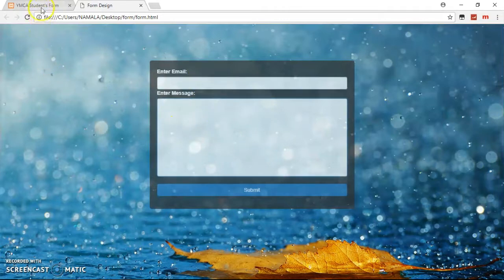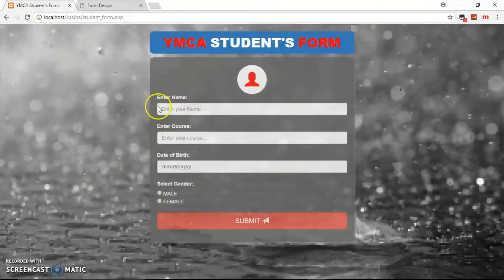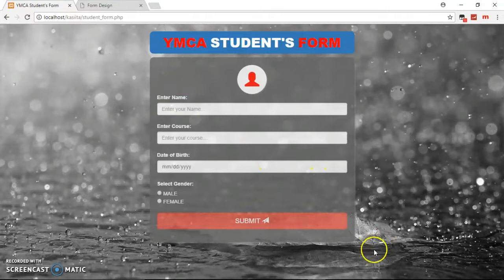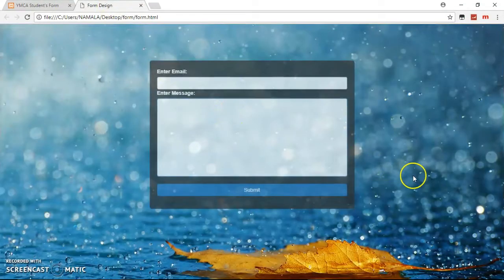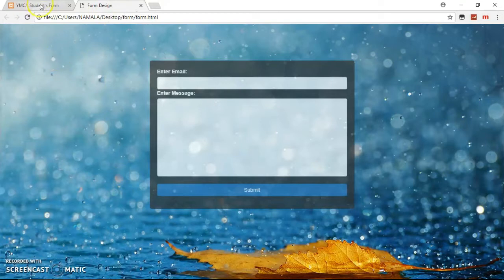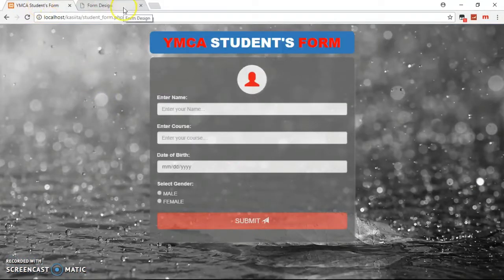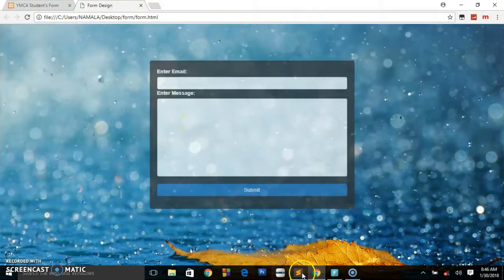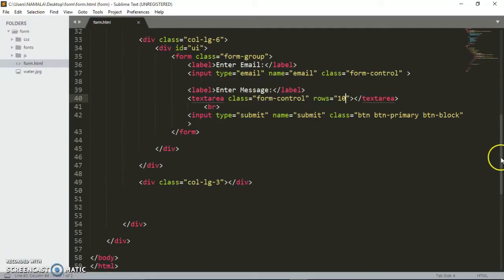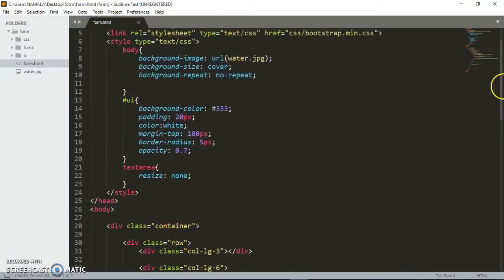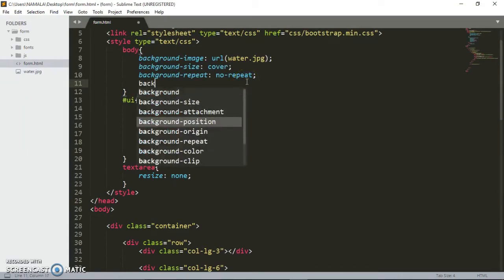And if you check these images, the background images, they are the same images, but this one is of a different color. How is that possible? That's also the power of CSS. It's the same image but different colors. If in case you want to change this one, what you have to do is go to your styling, in the body section, write background-blend-mode,